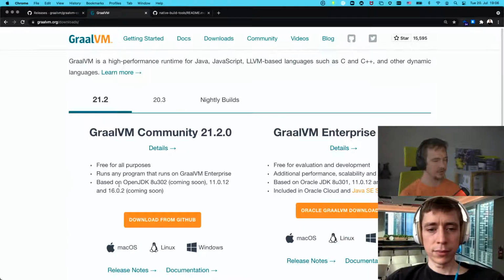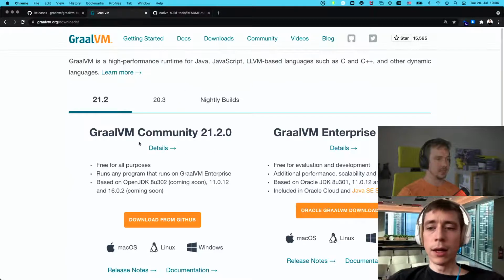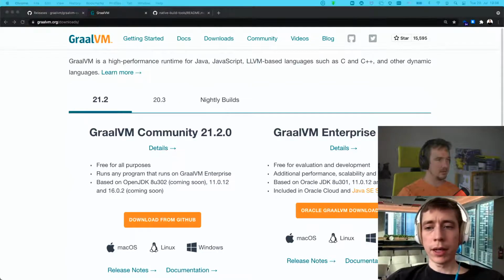Here, one thing to note is that due to the complexity of building on OpenJDK 8, that build is coming soon. If you're using Community Edition, the 11 builds are available currently for you, JDK 11 based builds. And in general, specifically for the Community Edition, we are no longer recommending Java 8. We will soon stop with Java 8 for the Community Edition because it is very difficult for us